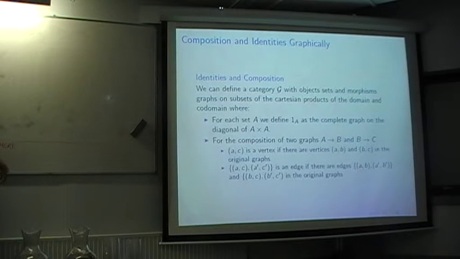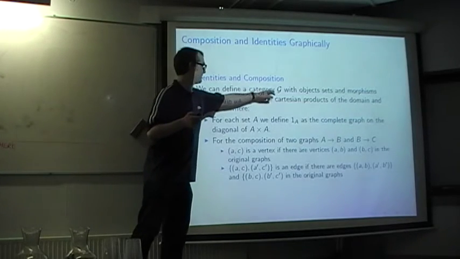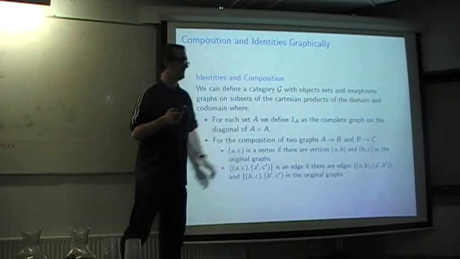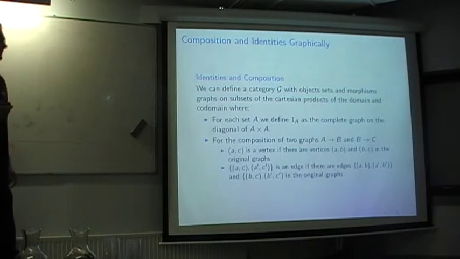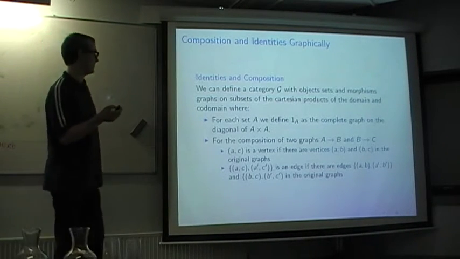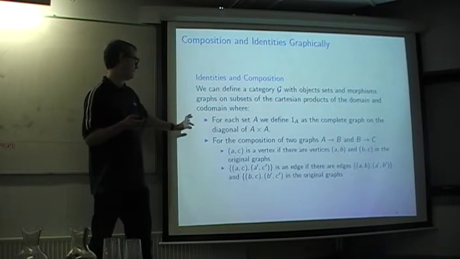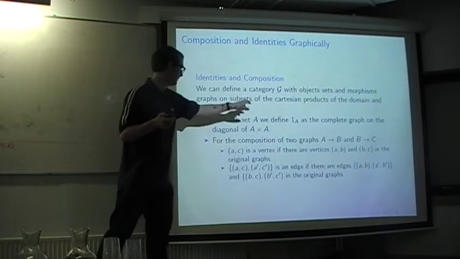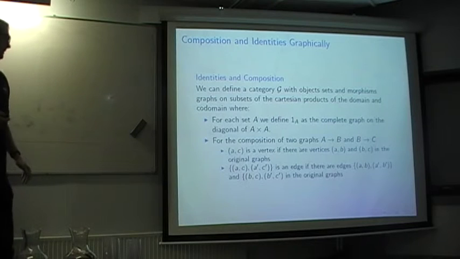Okay, so this is a bit of a wordy slide, but basically we can define the category G. The point of this slide is just to say what G is later. So the objects are sets, and the morphisms are these graphs that we mentioned on the previous slide. And then we have to say what the identities are. The identity is going to be the complete graph on the diagonal of the set that you're interested in. And the composition,